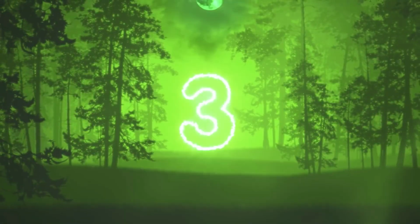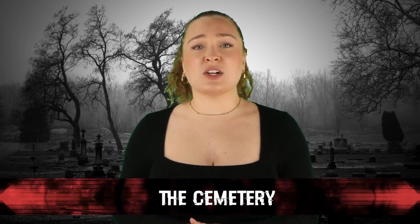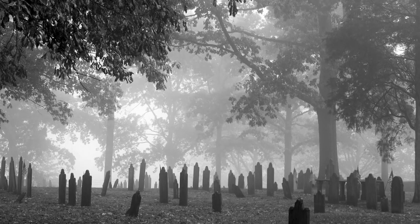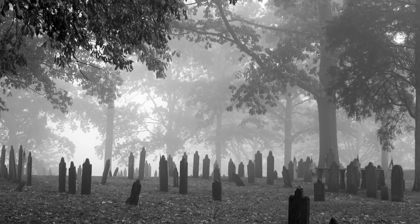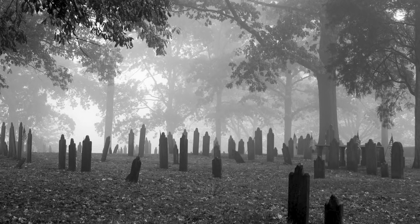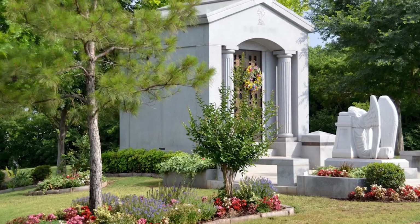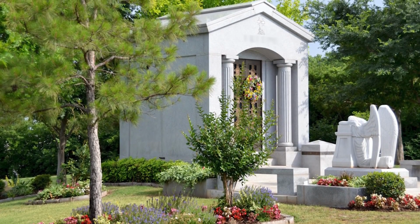In our number 3 spot today we have The Cemetery. This story comes from Reddit and it was posted with the title, quote, "I think my kids and I may have traveled to an alternate universe." They write about how a couple months ago they and their kids were walking through and around a cemetery. Their children are 13 and 9, and during their little walk they ended up heading through the entire cemetery and they came across a small beautiful mausoleum. They remember it so well that they even noted how the last person to be placed within the mausoleum happened